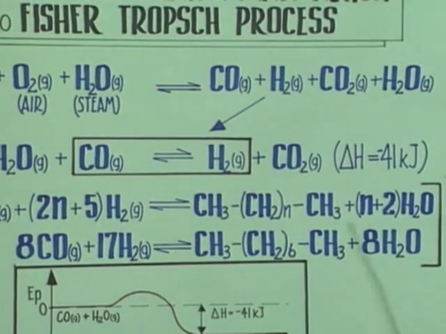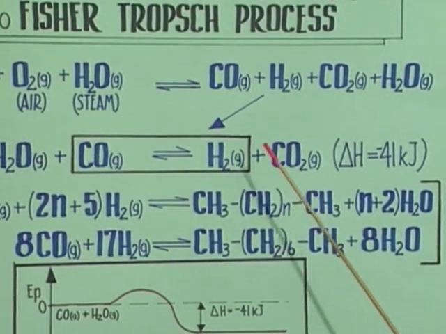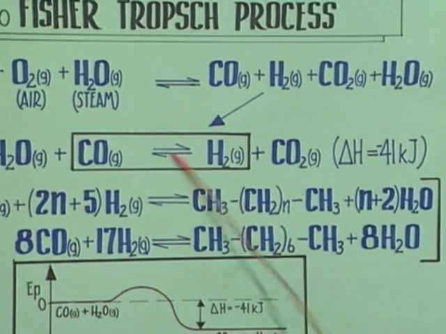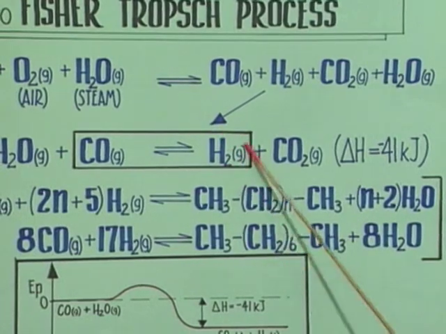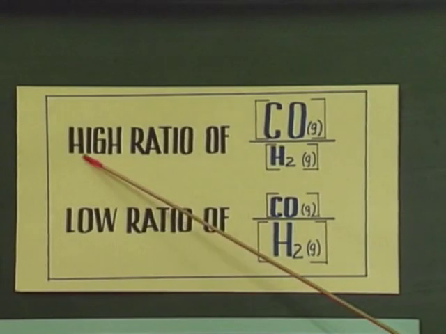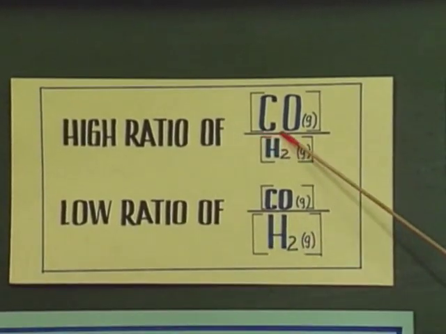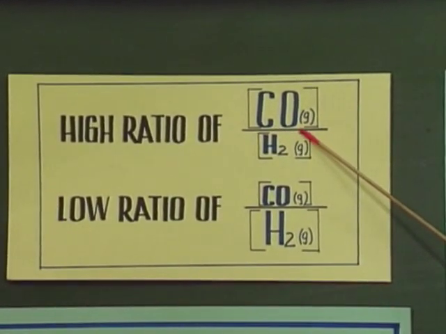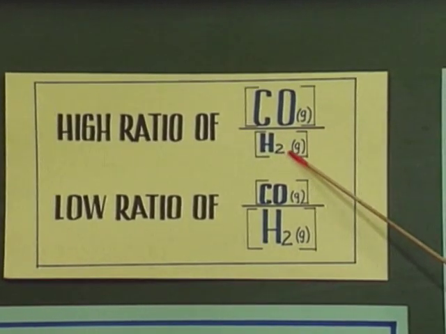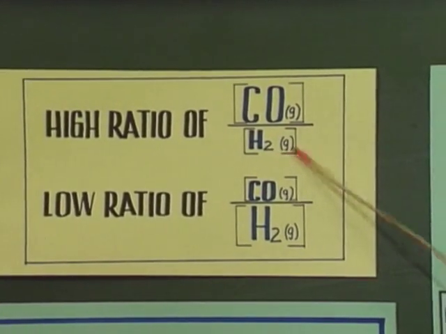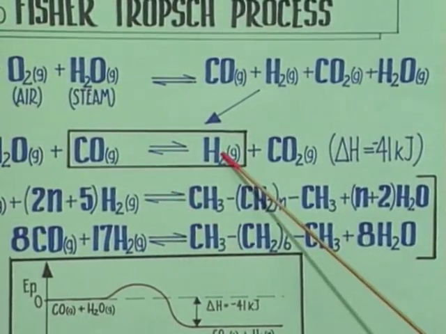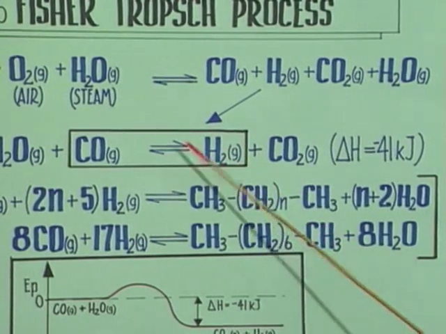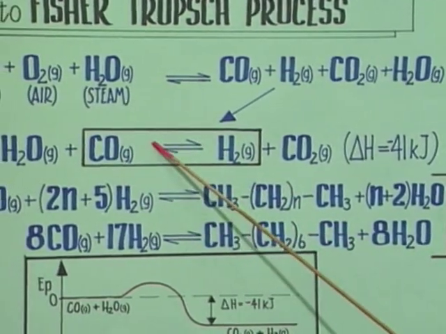A knowledge of the factors determining the extent to which the equilibrium can be shifted to the left to produce more carbon monoxide gas and less hydrogen gas at the new equilibrium, in other words, to obtain a high ratio of the concentration of carbon monoxide gas in mole per decimeter cubed to hydrogen gas also in mole per decimeter cubed, or to shift the equilibrium from left to right to produce more hydrogen gas and less carbon monoxide gas at the new equilibrium,